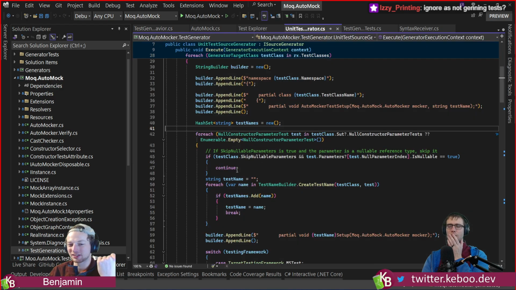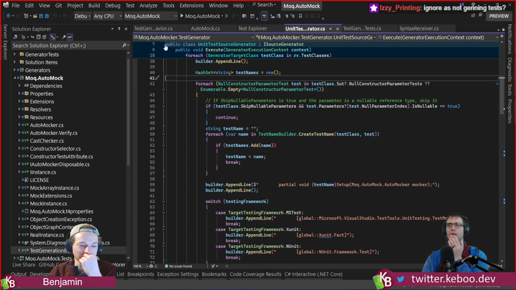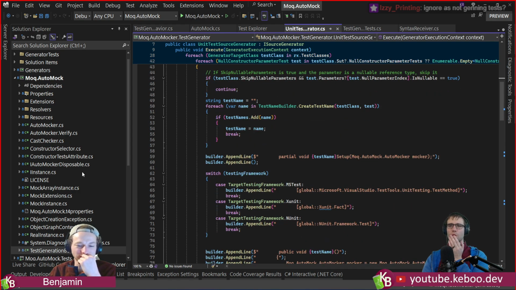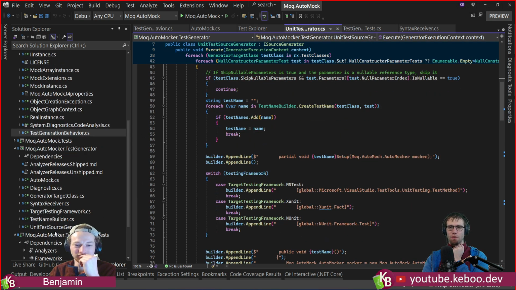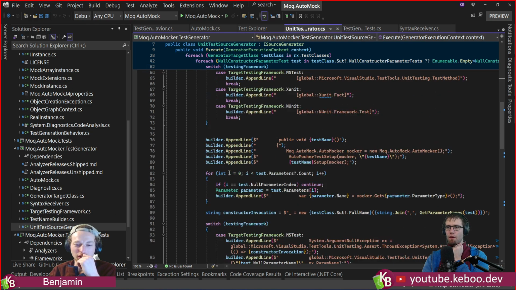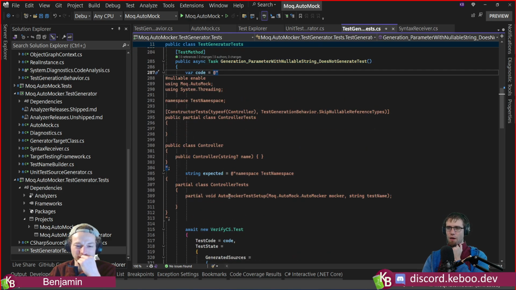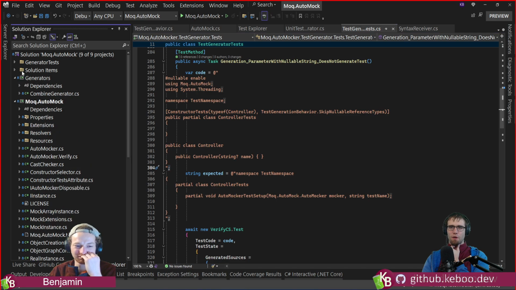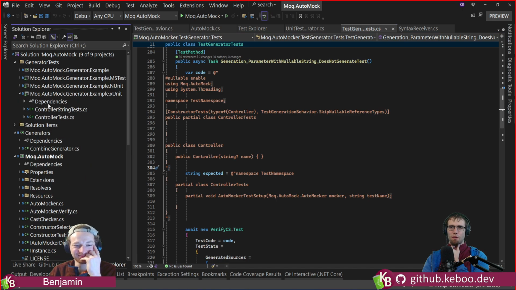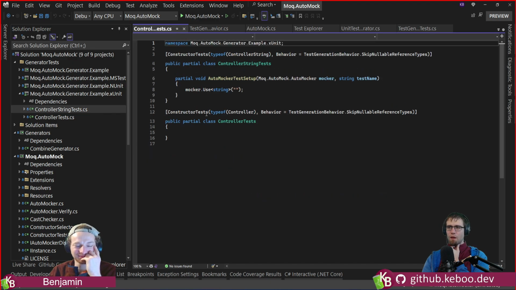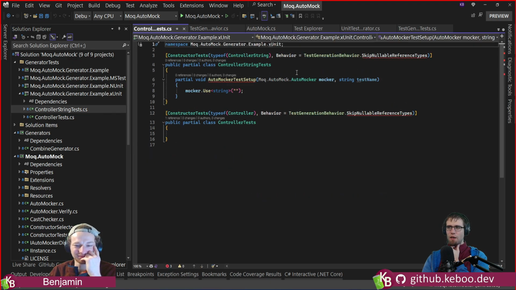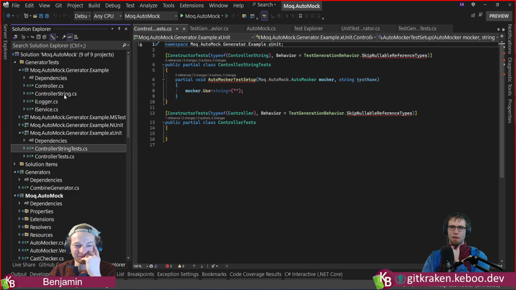Correct. So the idea here is that ignore means the source generator will not generate a test for that specific parameter. For example, your xUnit one might be slightly clearer. So if we go up there, you just get some coloring. In this case, it's generating the constructor tests, and the idea here is